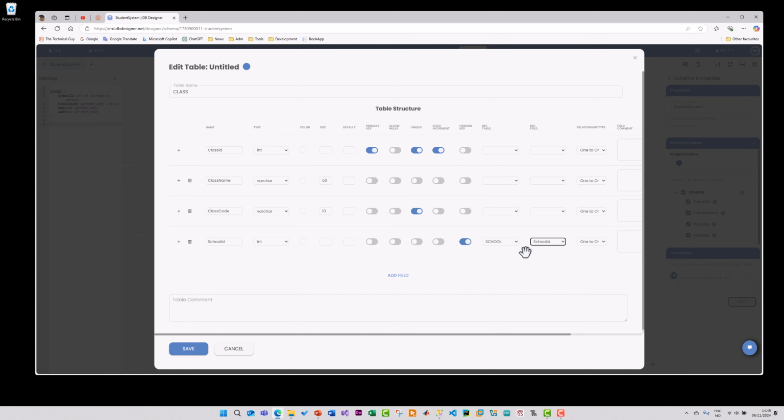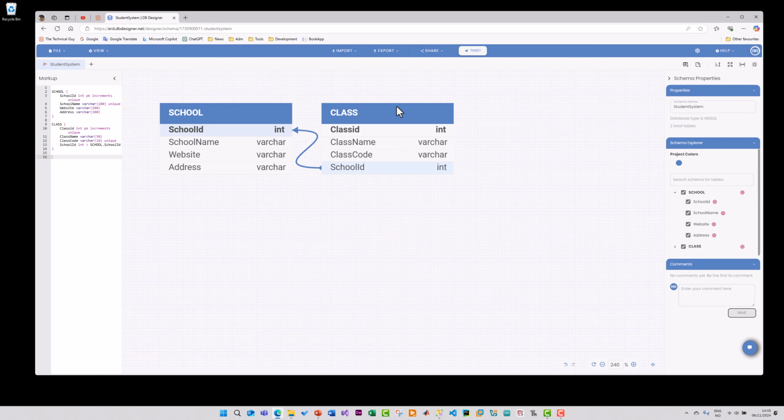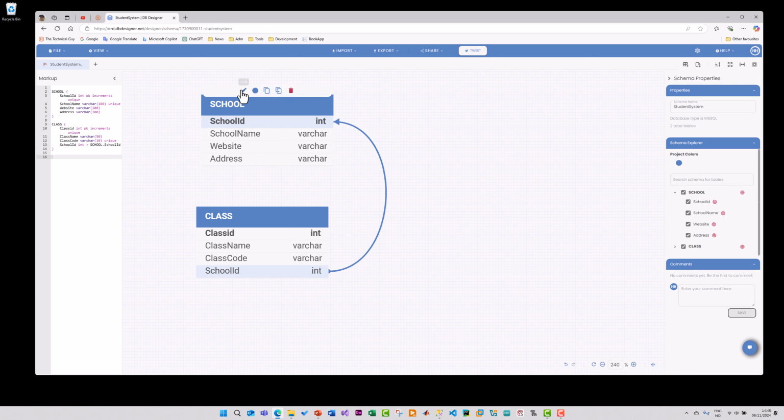So the primary key, school ID, is in the school table, and in order to link the class and the school table, we also need to create a foreign key. Typically we should use the same name, but you don't need to use the same name for the foreign key and the primary key, but it's typically a good practice. So then I click just save, click update, and then you see also how the relationship